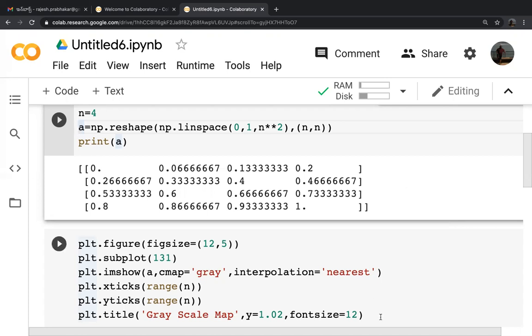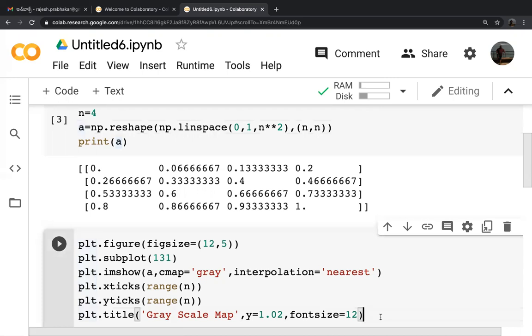So all of you got the image? Okay, so this is what happens.